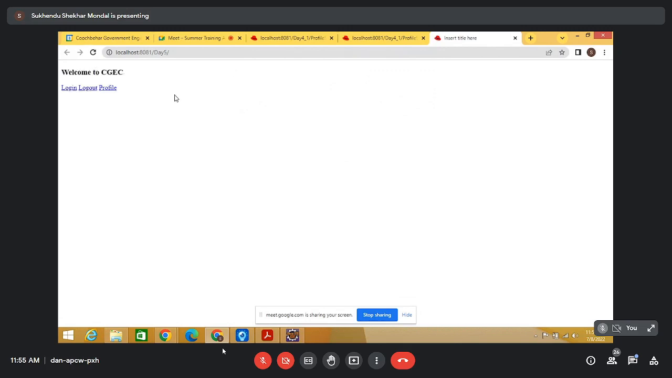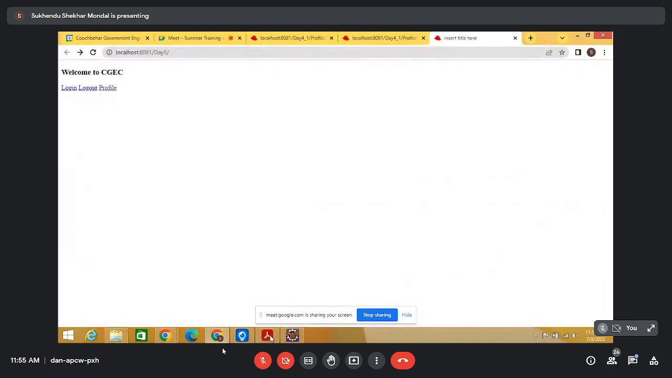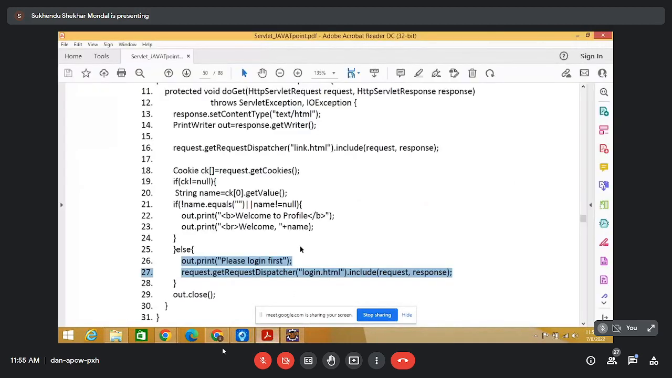Okay, so welcome to CGC, login, logout and profile. আমি প্রোফাইলে গেলাম লগইন না করে, দেখা যাক কী করে। এরর হয়েছে: সিকে ইজ নাল, কারণ আমার সিকেটা অ্যাড করা নেই।